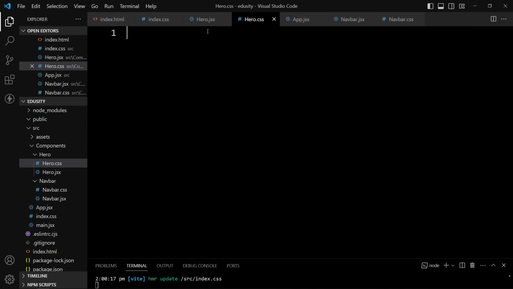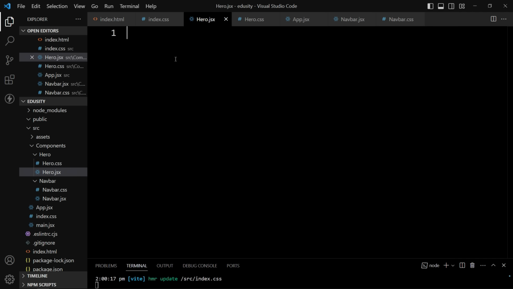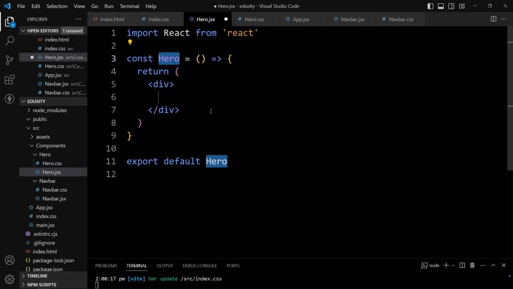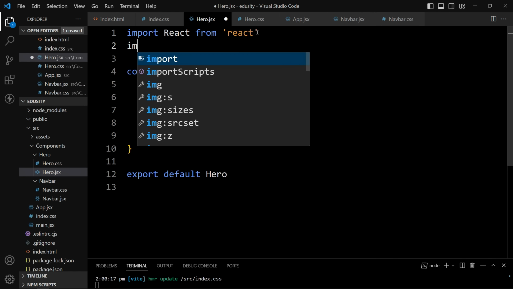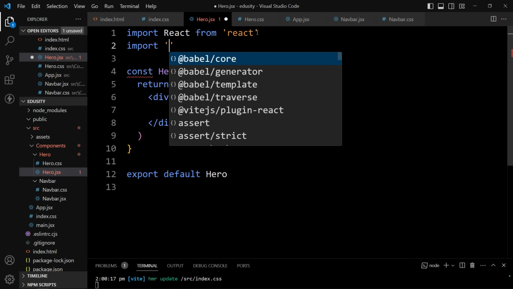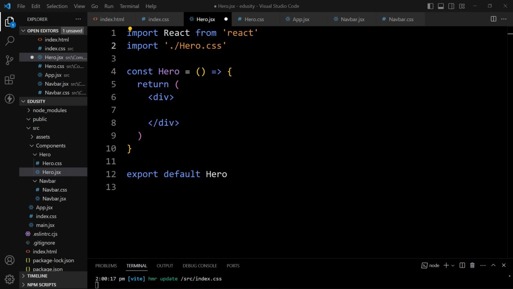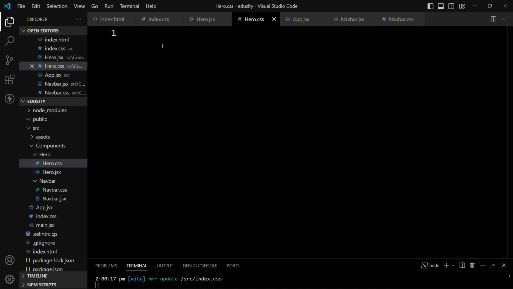Now open this hero.jsx file, type rafce, select this snippet and here we will import the CSS file. So write import and provide the file path hero.css. Now here we have the div. In this div we will add a class name. So let's add the class name hero. And now we will add the CSS properties for this hero. So write this class name here. And for this one we will provide